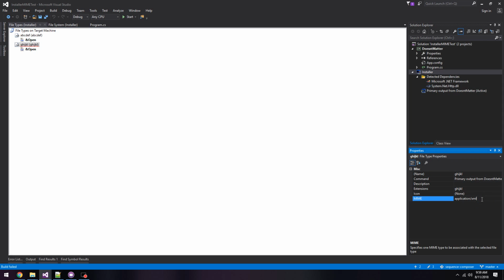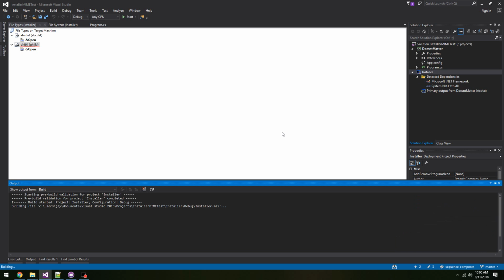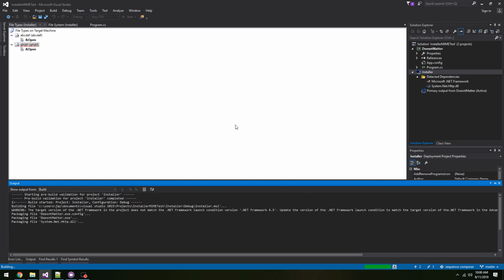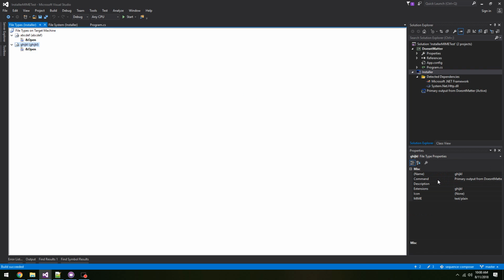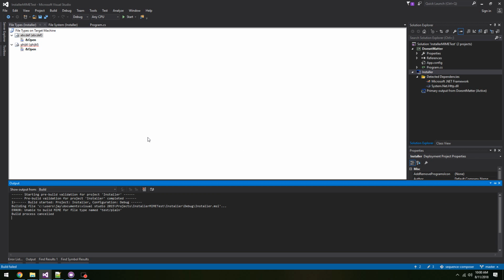If I were to say change the GHIJKL MIME type to say text plain and then try rebuilding it, notice it happily goes through the build process and I have an installer. Okay, so there's that warning, which isn't applicable for this study right now. But if I were to go to the other file type, ABCDEF, and change its MIME type to text plain, and then try rebuilding that, although this sometimes is a pain,